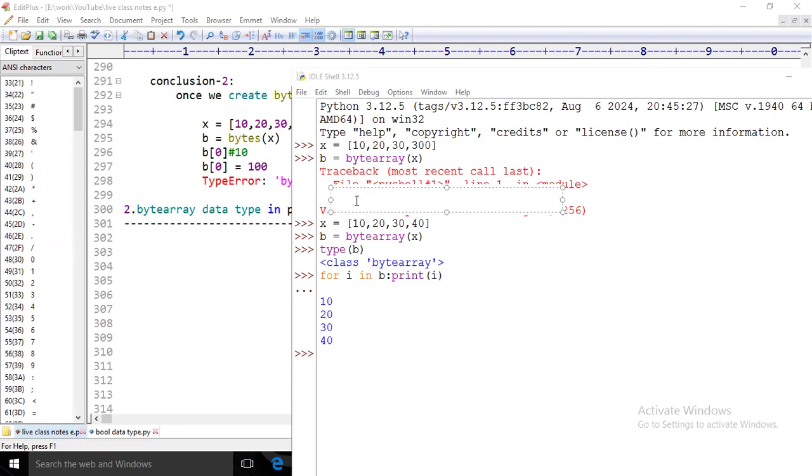So here, 10 values from 0, comma, 1, comma, 1 means 20, 30, 40. Okay. In the same way, if you want to consider these values in reverse order, then we must specify